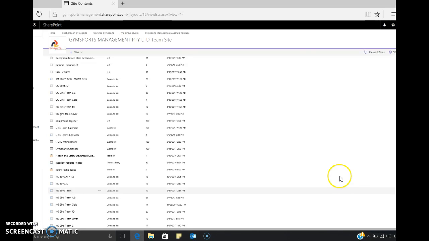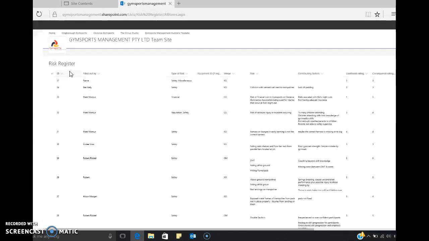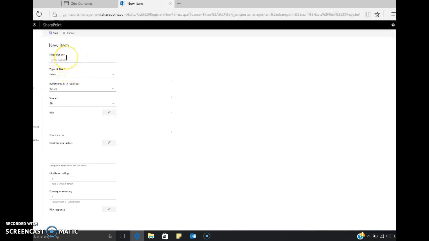You will then find a library. You will select the Risk Register library and select New to add a new risk. The first thing you're required to do is enter your name here,